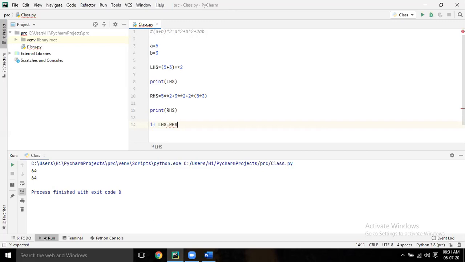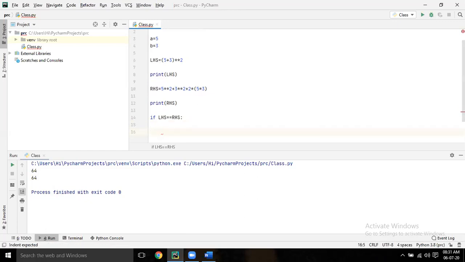Which equal to? Double equal to. Yes. RHS colon, enter. No, don't give space. Backspace. Print "both are same".